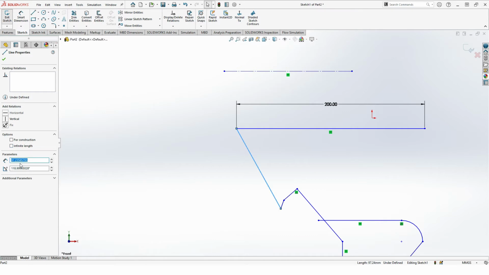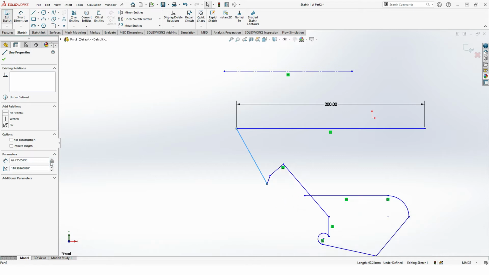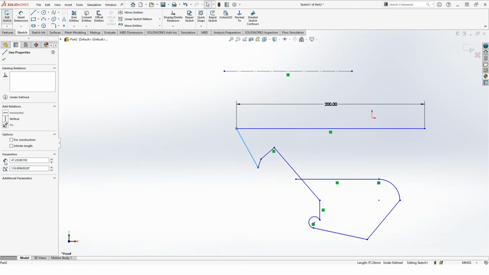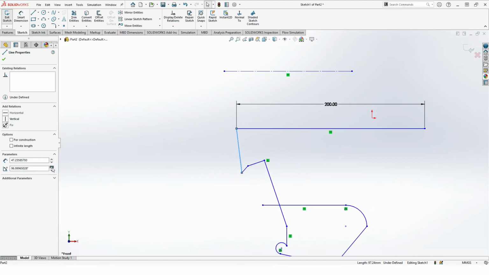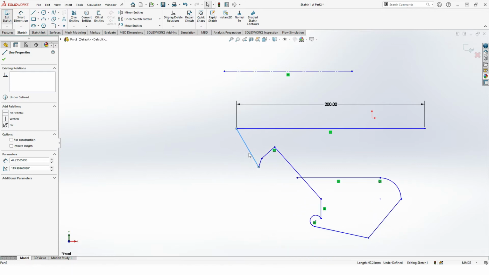Here also the parameters are given like 97. Okay, we just increase value, decrease value, means according to this angle. This is the angle, see. So by changing the angle, we change this line angle according to this line, okay, or other lines